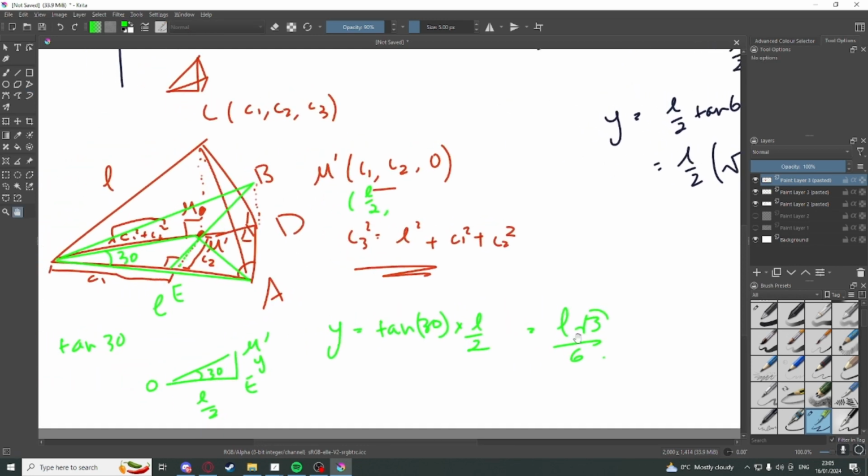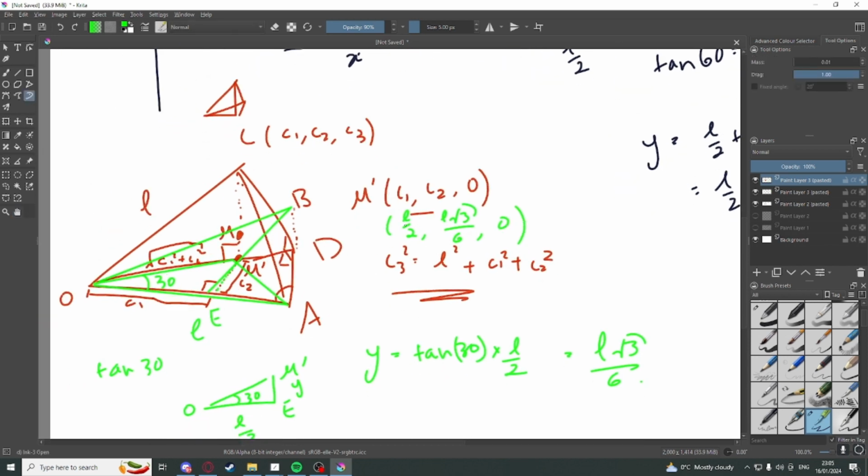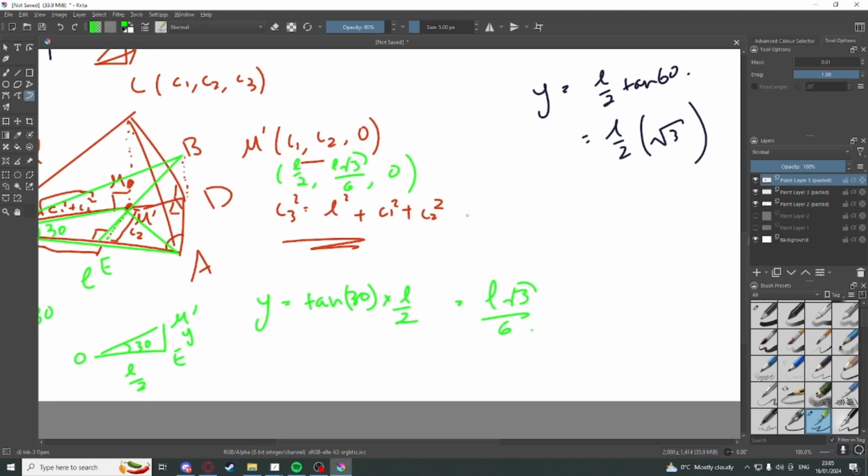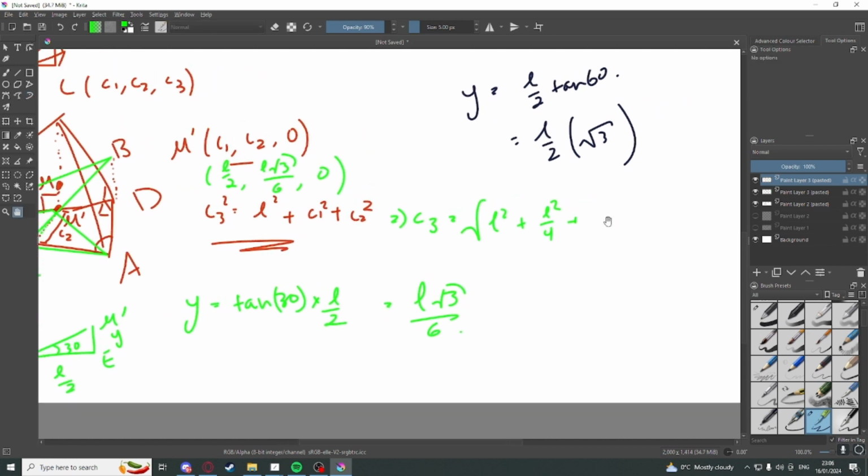And then using this, L root 3 over 6, 0. Just remember that this is C1, this is C2. And then I can find C3. C3 is equal to the square root of L squared plus L squared over 4, just squaring C1, plus L squared times 3 divided by 36,